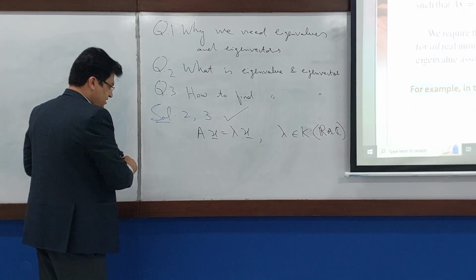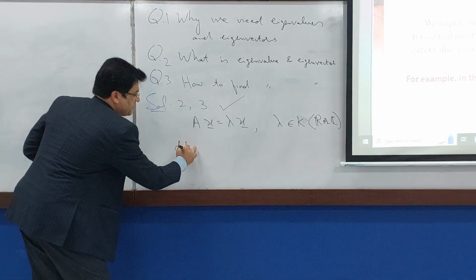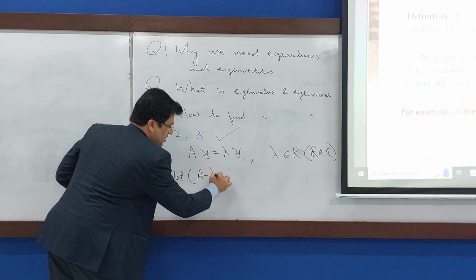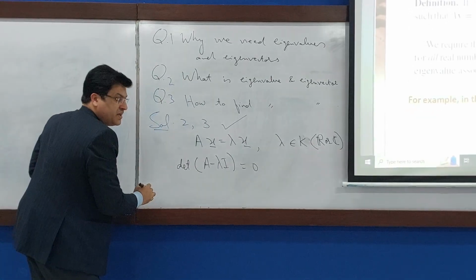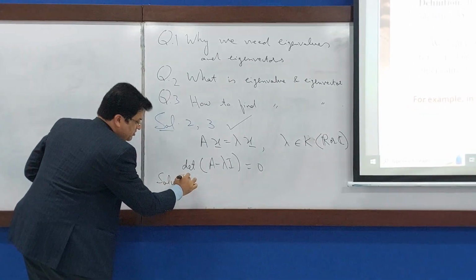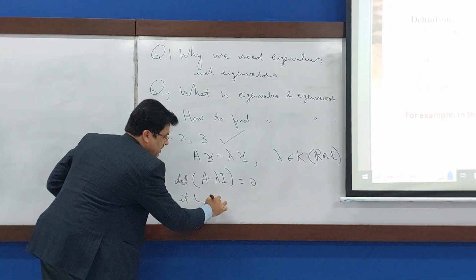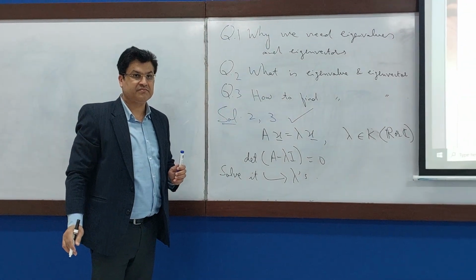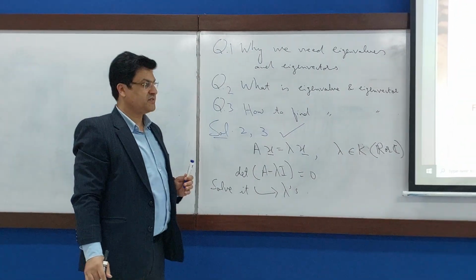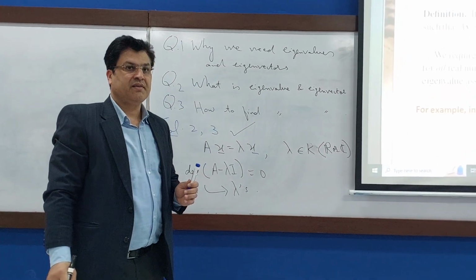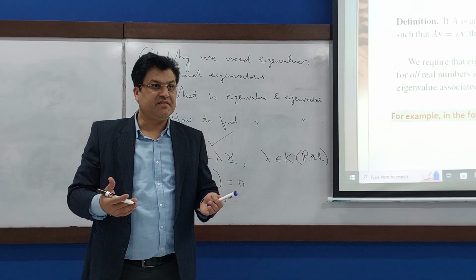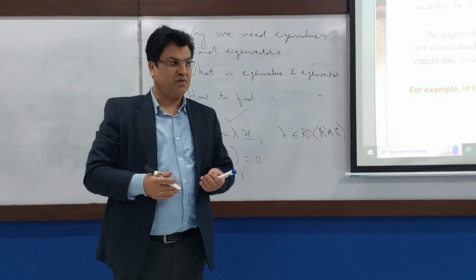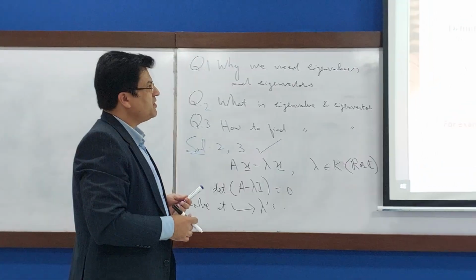So how to find it? You remember, we have defined a characteristic equation: A minus lambda I is equal to 0. And if we solve it, what is going to happen? We will find the lambdas, and those lambdas will be our eigenvalues. This is what we have done in the previous lecture. So now the most important part is why we are finding these eigenvalues and eigenvectors in this MS Bioinformatics program. Okay, so let me answer this here.